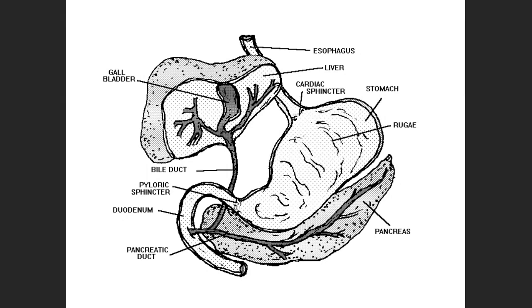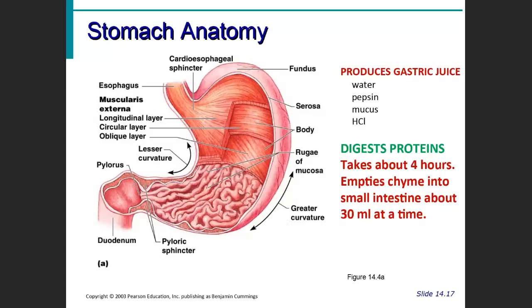It contains the pancreatic amylase to finish the job of turning the starch into maltose. And then it contains the lipase to finish, or at least start the digestion anyway, of fats into fatty acids and glycerol. So that's the first part of your small intestine. The first part of your small intestine is the duodenum, very important part. And then we get to the next slide here. The next slide shows you a better little picture of the stomach.